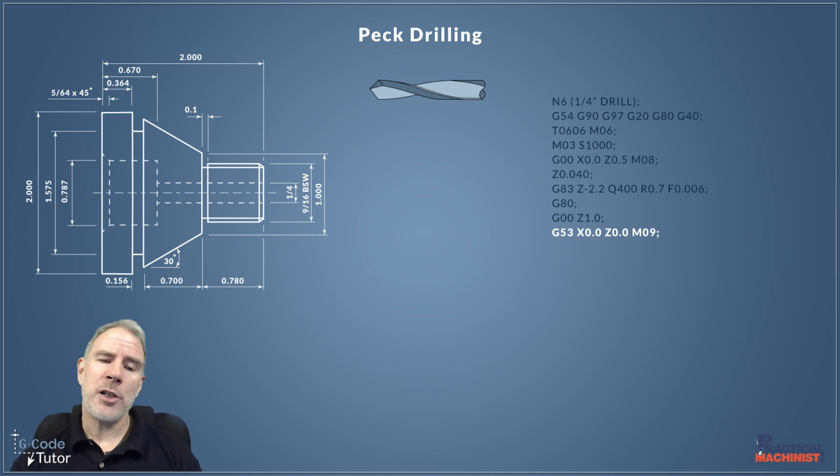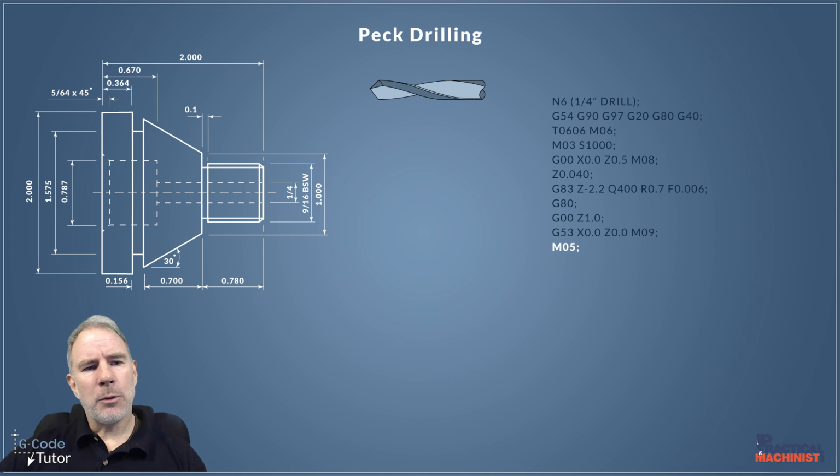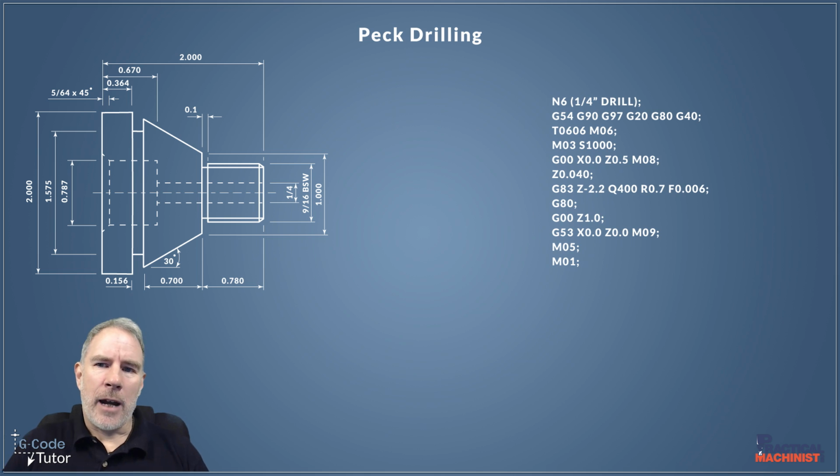It might not on your machine, so beware not all machines do the tool change in the machine 0 point, but often they do. So as the machine is taking the turret back to its machine datum point, I'm turning off the coolant here with M09. So once the tool's safely out of the way, we can now stop the spindle with M05, then finally M01, my optional stop that I always end each sequence with. So that's how we do a peck drill and a variable peck drill on a CNC lathe.